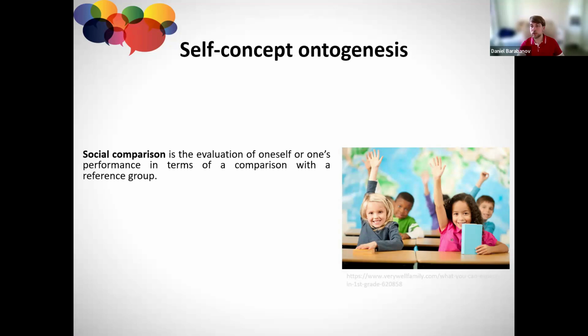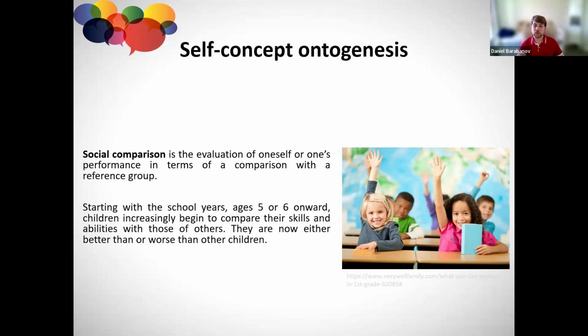After that, children start to grow up slowly but steadily, and they start to compare themselves with other people. Usually it happens around 5-6 years old, when children in the vast majority of countries start either kindergarten or schooling. In school and kindergarten, children collaborate and interact with other children of their age, their peers. And obviously, they start to compare their own skills and knowledge and appearance and different aspects of themselves with other children. And they observe differences.